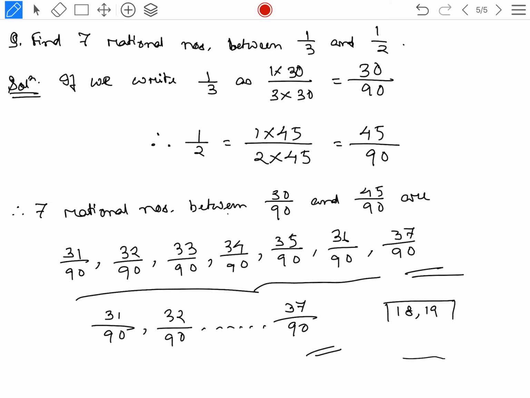Look at page number 18 and 19 in your book. Page number 18 and 19. Okay, some examples are given. You had better practice those examples, because if you don't practice, then in the next class you won't be able to understand properly. Okay, the more you practice, the more you will